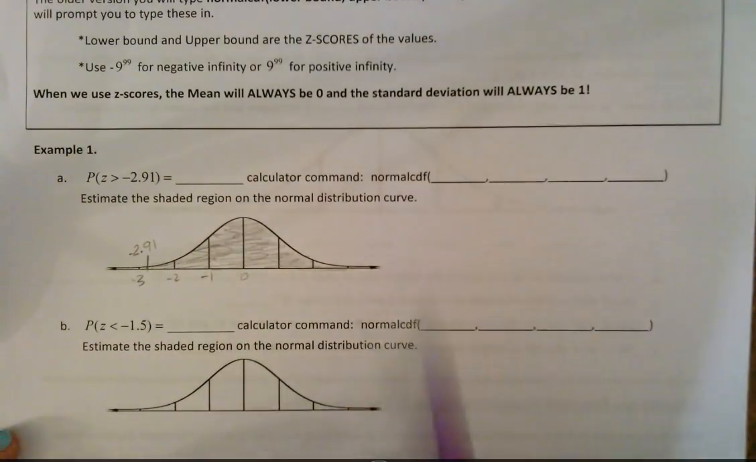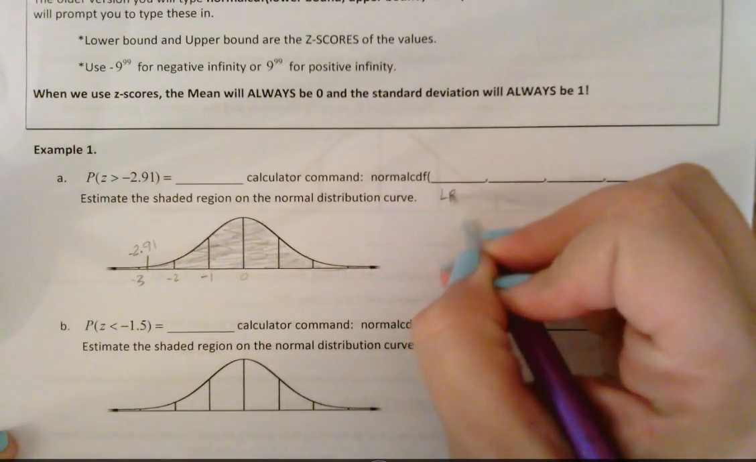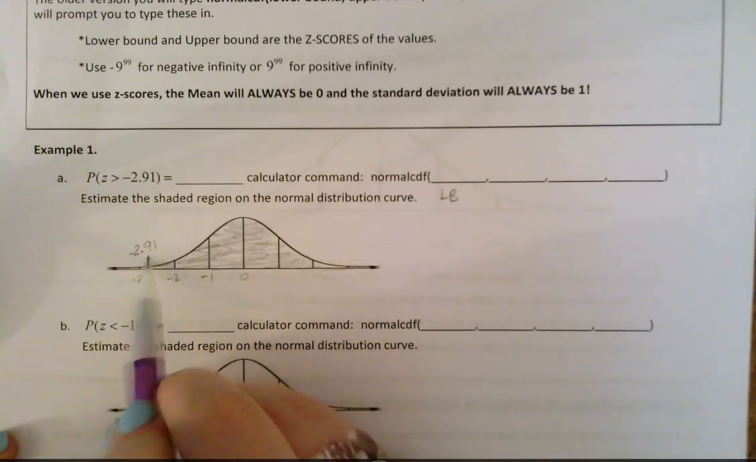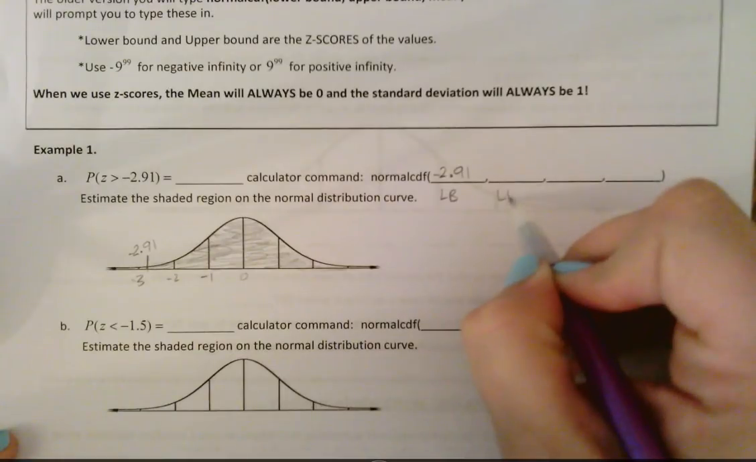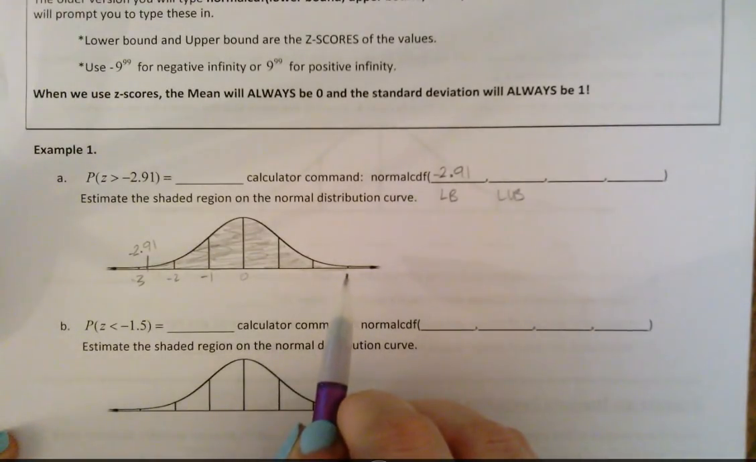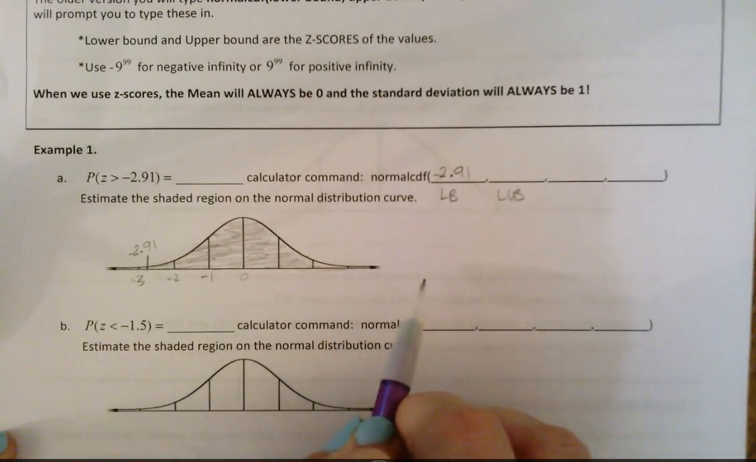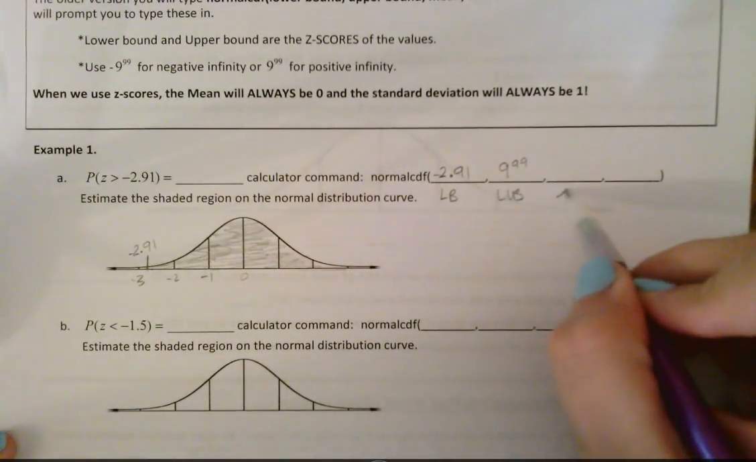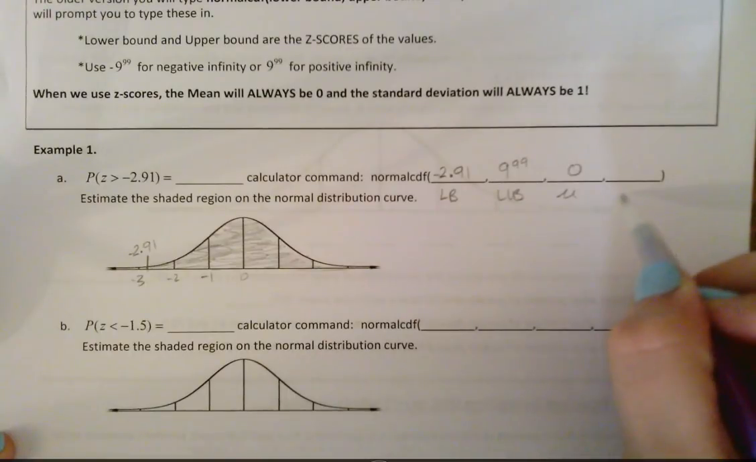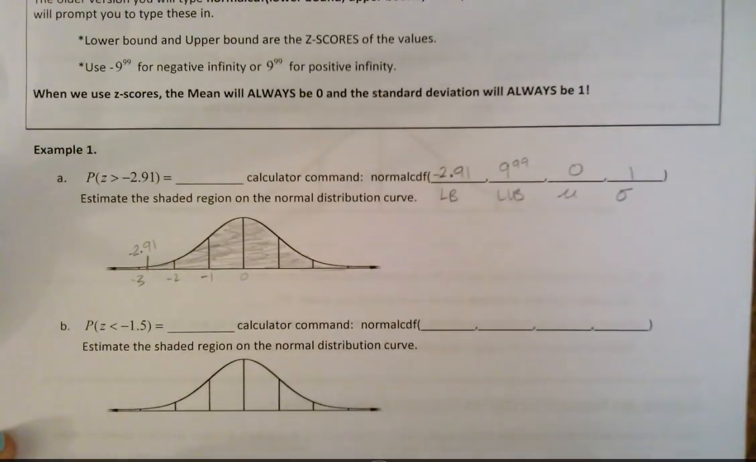So our calculator command, our lower boundary, is going to be the z-score of -2.91. Our upper boundary is going to be going up to infinity all the way over, so we're going to use 9 to the 99. And our mean will always stay 0. Our standard deviation will always be 1. So when we plug that into our calculator,